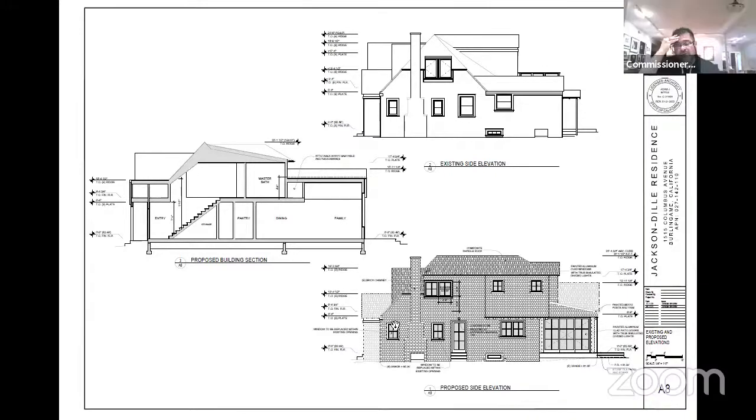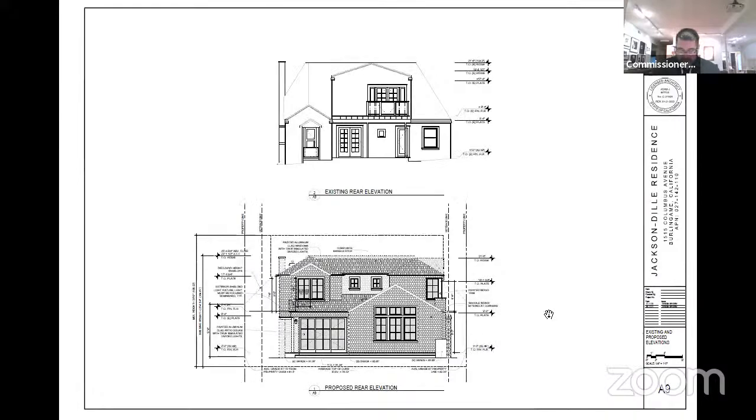If you could note those when this comes back for action, just note what those are and a size. Yes, there is something shown. I was looking at the rear elevation. You can see those continuing back to the section adjacent to the patio doors. Okay, that was my only question on those corbels. Thank you.